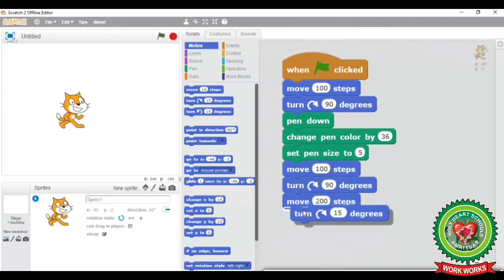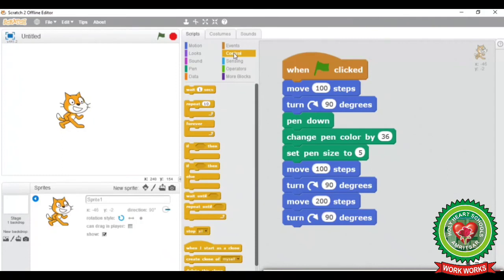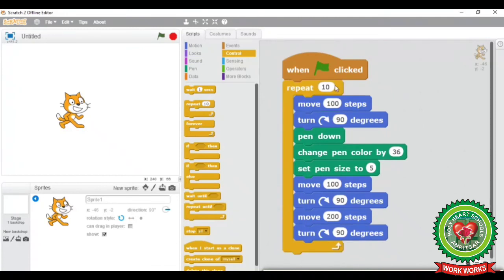So here I am going to take the turn clockwise again 90 degrees. Now I want all these steps to be repeated 5 times so that it can draw the lines quickly. So here I will click on Control block. From there I will click on Repeat block, and in Repeat block I will give the value 5.